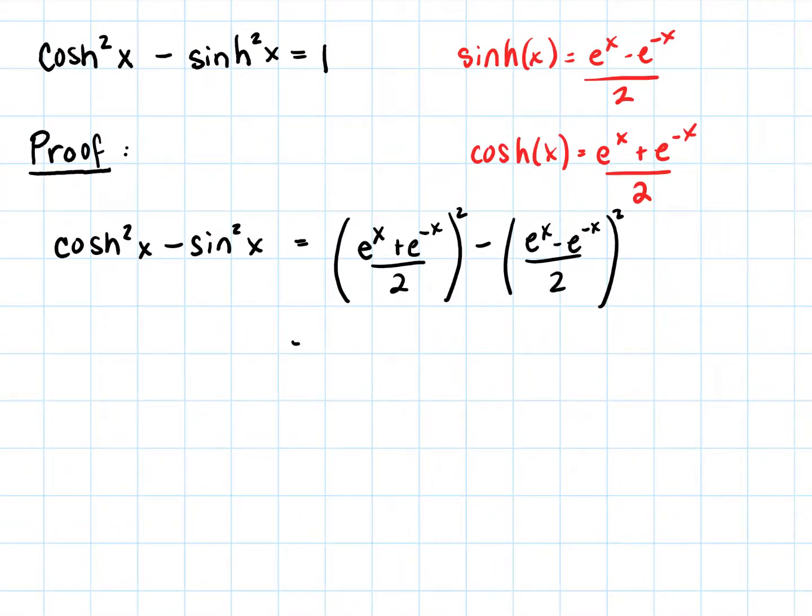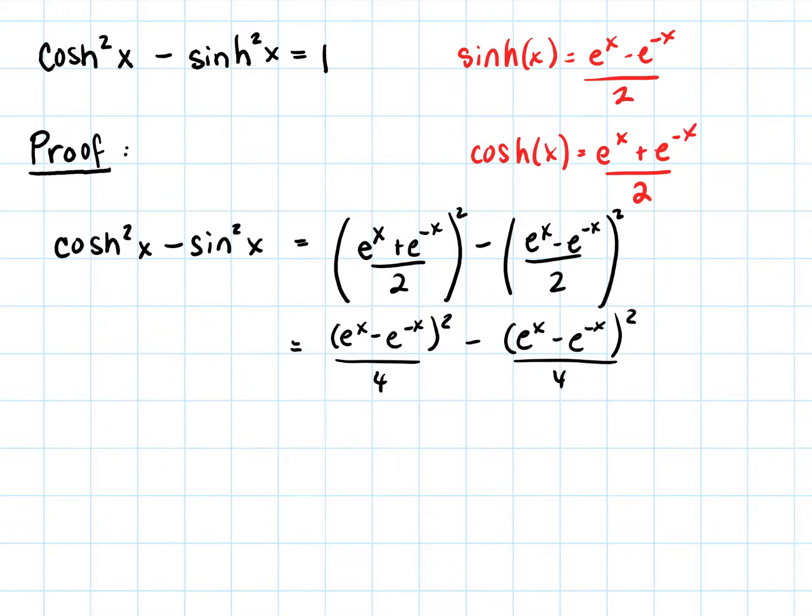So if we expand these out, we're going to get e to the x minus e to the negative x squared over 4, and I'm going to expand that on the next line, e to the minus x, e to the negative x squared over 4. And expanding out that numerator, we get e to the 2x, and then we get minus 2 times the product. So e to the x, e to the negative x, plus e to the negative 2x, minus e to the 2x